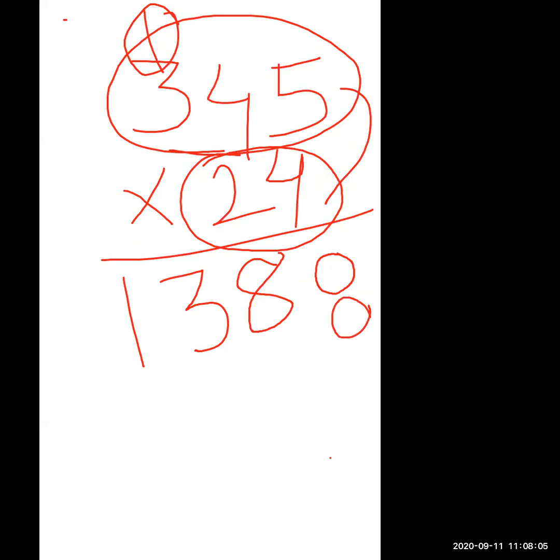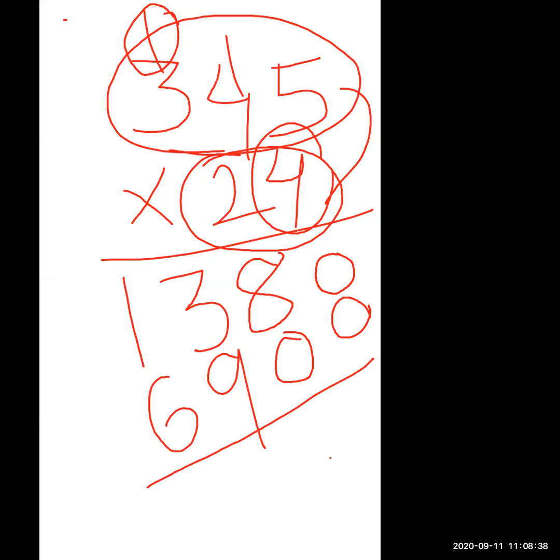Now next, because we are going to the second step. 4 into all these numbers, first of all, we are multiplying. Now go to the 2. So you want to assume here 0, in the last column. After that, 2 into 5, 10. You want to carry over 1 here. After that, 4 into 2, 8. 8 plus 1, 9. And 3 into 2, 6. So you want to add now 0, 8, 9 plus 3, 12. So 1 is here, 2 is here, 6, 7, 8.